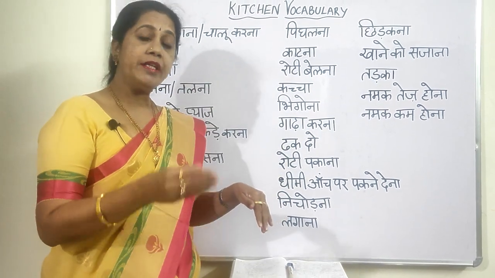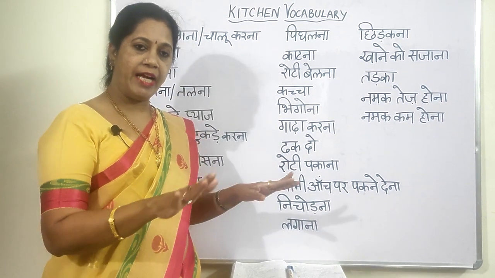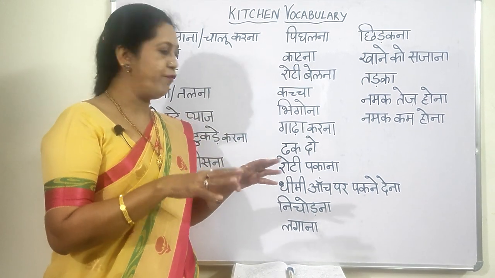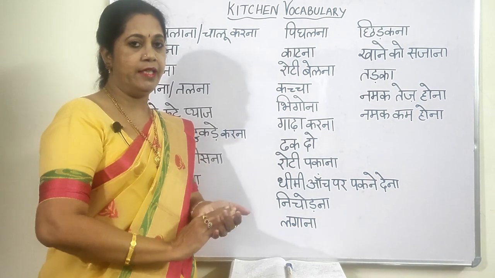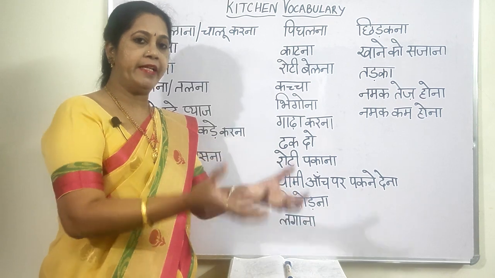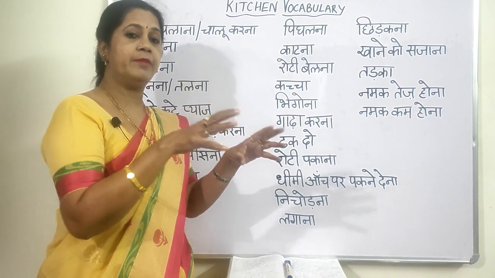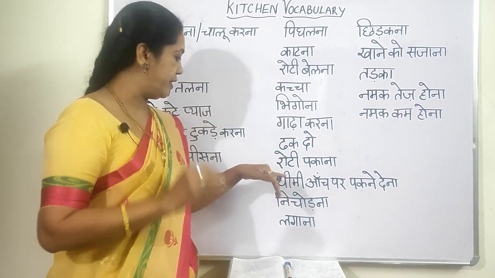Dhak do. Dhak do means you try to cover it with the lid. You start cooking and you want to cook it at low flame and do it. That time you close it and dum mein hi pakate hai na. You cook it in dum. That means by closing it and getting the water vapor. So that is dak. Dak means dakkan means lid. Dakkan, cover or lid. So dak do means cover it.